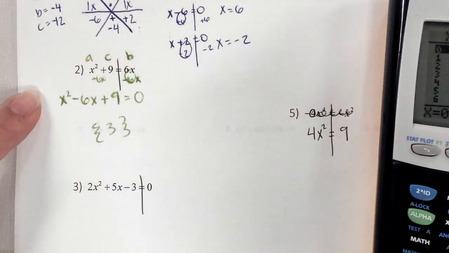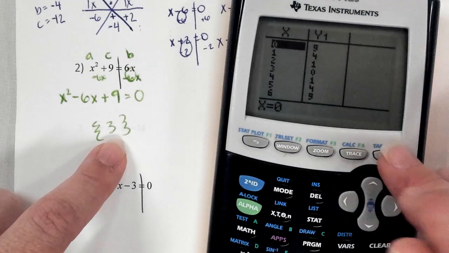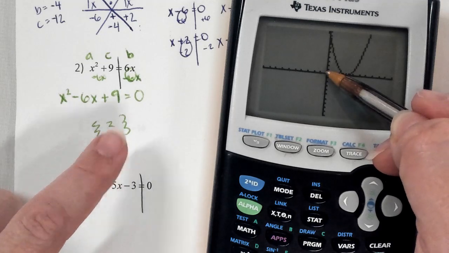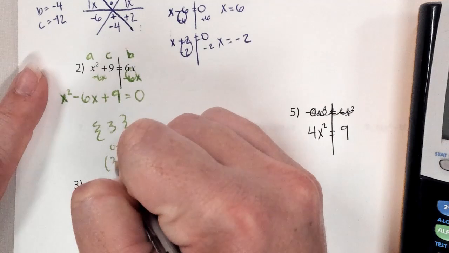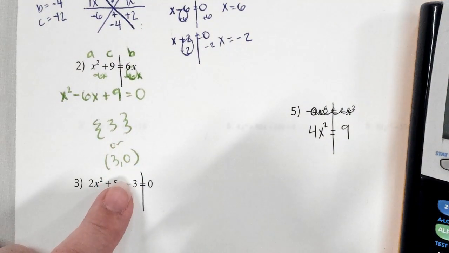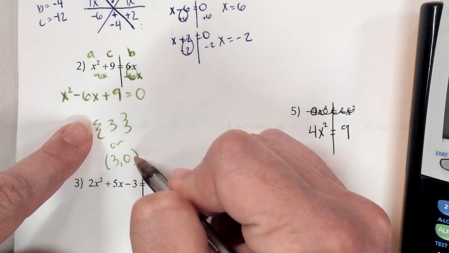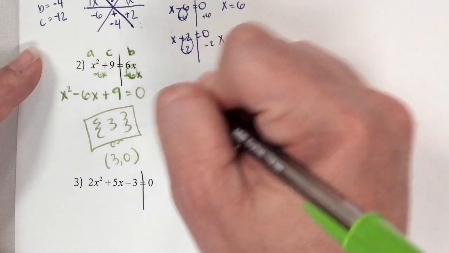So you could write it as a point, but if you write 3, 0 inside these fancy brackets, you're telling me it touches at 3 and at 0. If you write it as 3, 0 with parentheses like this, that's telling me it's a one point solution. Does that make sense? These are very different. You can't interchange the parentheses and the fancy brackets. So we did this one in the calculator